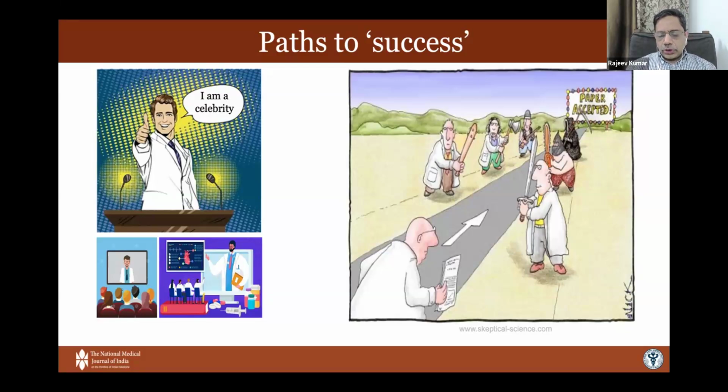Through your celebrity route, you may be able to get recognition from a group that's working in a specific area. But when you get recognition much beyond that specific area or that specific catchment, you need to publish. That's how people recognize your achievement. And through publication, it's much easier to gain recognition and therefore acknowledgement. But purely getting acknowledgement and being a celebrity is never going to get you a published article. Just doesn't work like that. Therefore, the more sustainable, although the more difficult way of getting recognition is through writing.